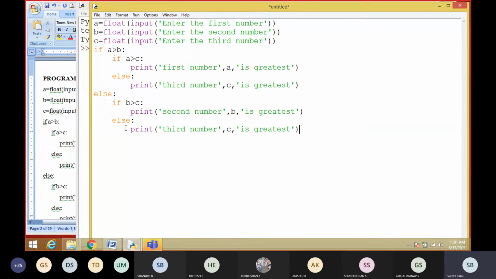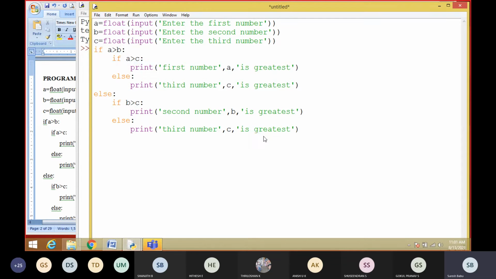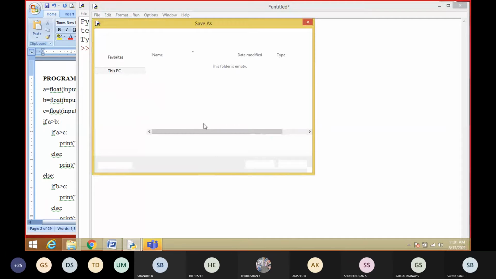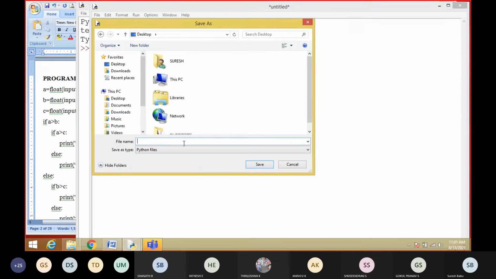Okay students, everyone understood? Yes, sir. So this is the first program. I'm going to save it on the desktop as P1, that is program one, greatest of three numbers, greatest of three dot py.